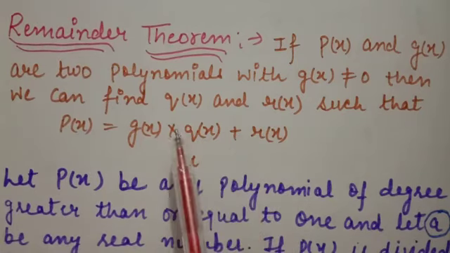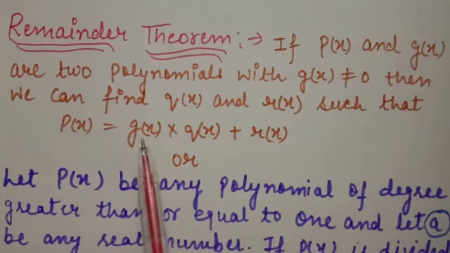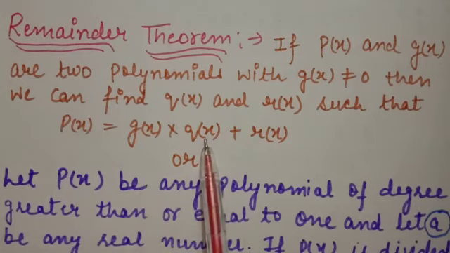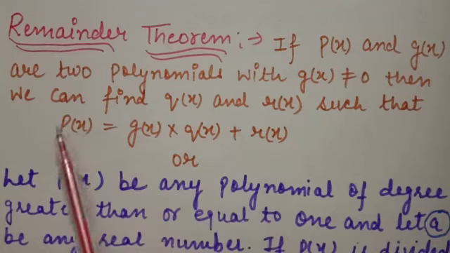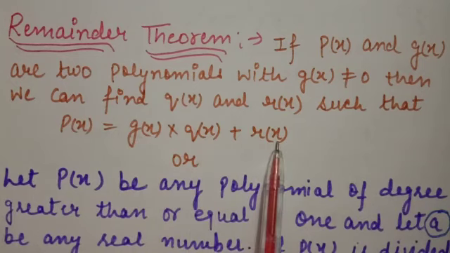Now students, in this equation p(x) is the dividend. If you remember the 8th class concept, it is dividend equals divisor multiplied by quotient plus remainder. Here all things are present in the form of variables with constant numbers. It means polynomials. You know how we divide normally with numbers. Now this division is with polynomial expressions. This is dividend equals divisor multiplied by quotient plus remainder.